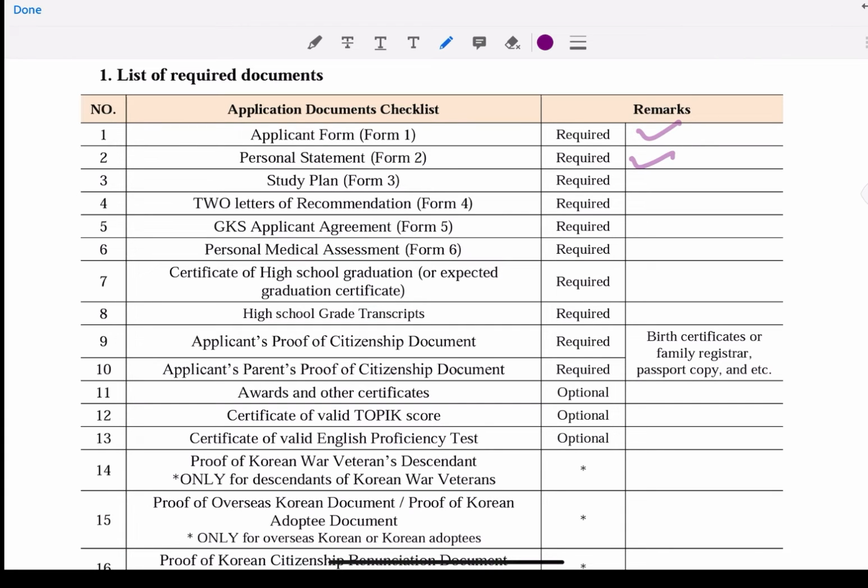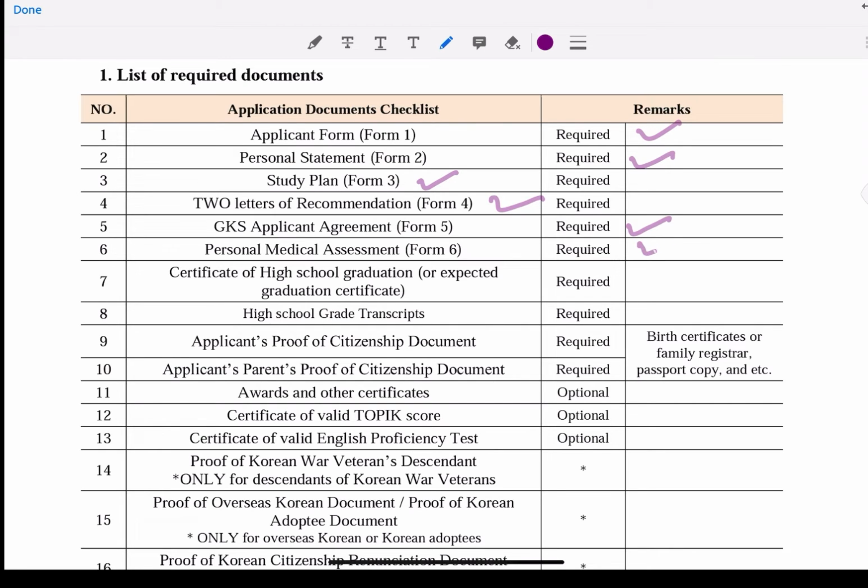You require 2 letters of recommendation. In this form also, there is a format of recommendation letter, but it is not necessary that you follow that format. You can use any kind of recommendation letter that is available in your country, any format that you are following, and then you can attach it along with this form according to the order of this checklist, like it should be on the 4th number. And also the GKS applicant's agreement is required, personal medical assessment, and certificate of high school